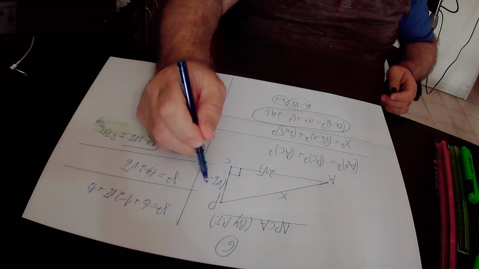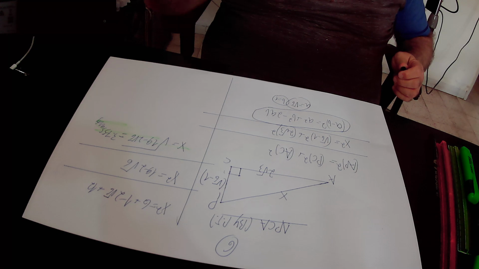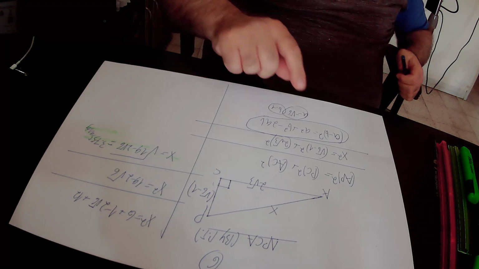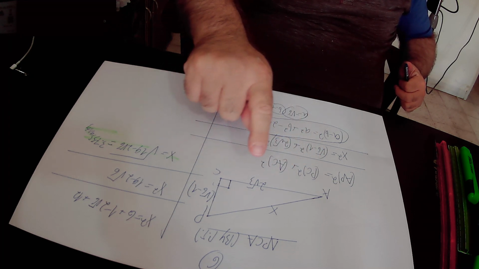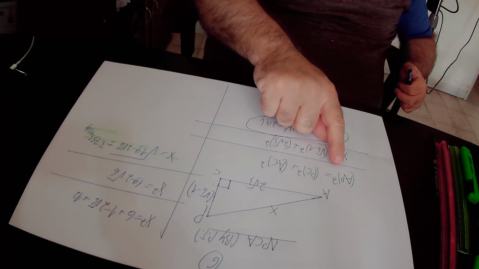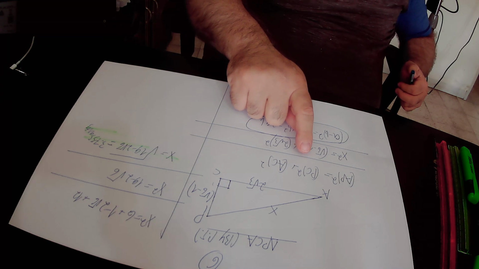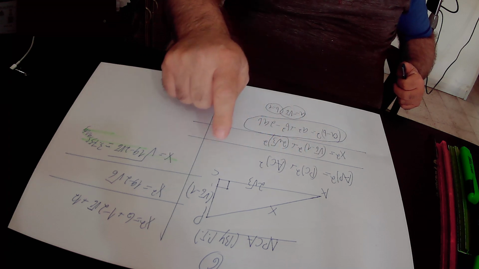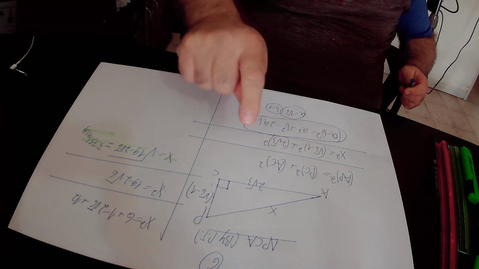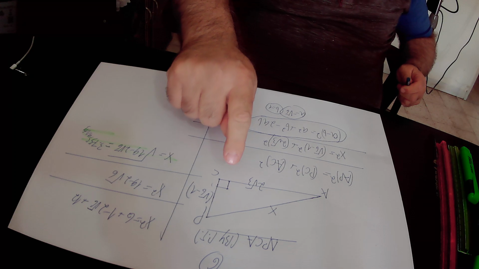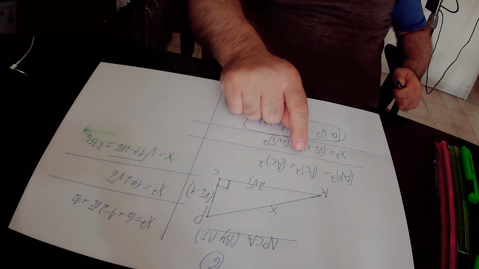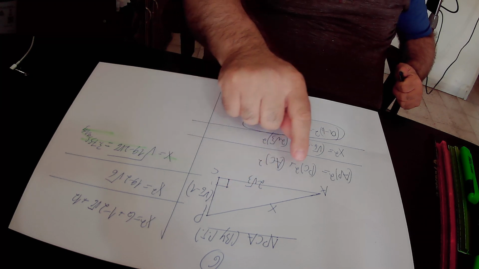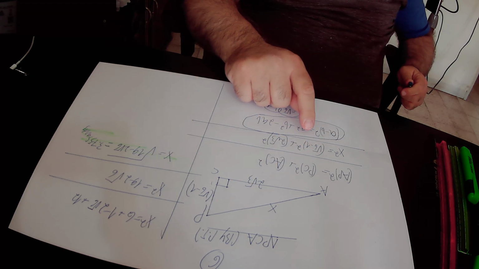According to the Pythagoras theorem, in any right triangle, the square of the hypotenuse equals the sum of the squares of the perpendiculars. The hypotenuse in this right triangle is AP, therefore AP squared must be equal to the sum of the squares of the perpendiculars, that is, PC squared plus AC squared. AP equals x, therefore AP squared is x squared, and it is equal to PC squared